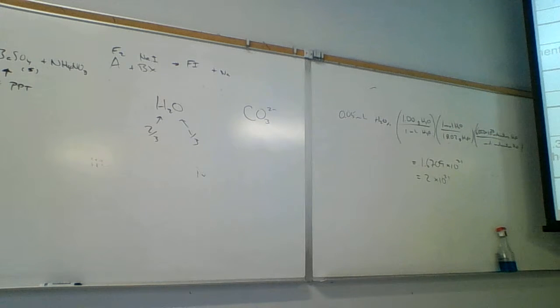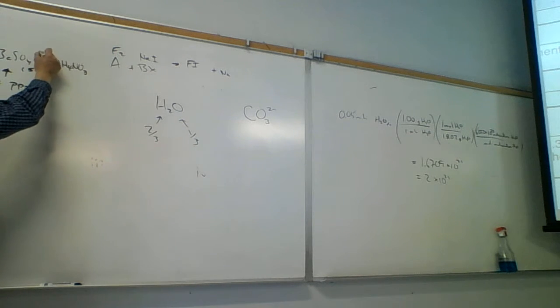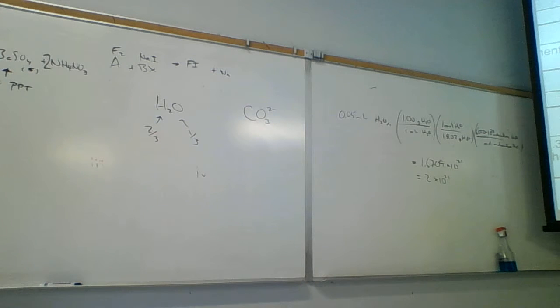Ammonium sulfate, strong acid? No. Strong base? No. Soluble salt? Yes, all ammonium salts are soluble. And so we're going to get 2 ammoniums for every sulfate. That should be balanced. Don't forget the charges. I'm sorry? Would it be 4 because you didn't balance? No, I didn't balance it. You're right. 1 barium, 1 barium. 2 nitrates, so I need 2 ammonium nitrates here. And then 2 ammoniums here, 2 ammoniums there, 1 sulfate, 1 sulfate. So now it's balanced.